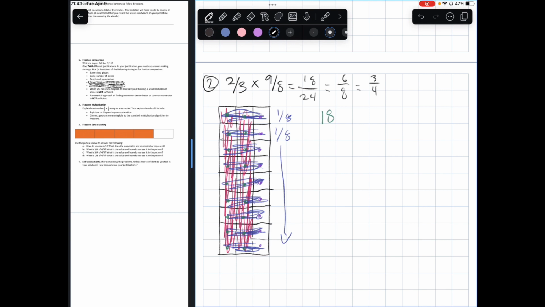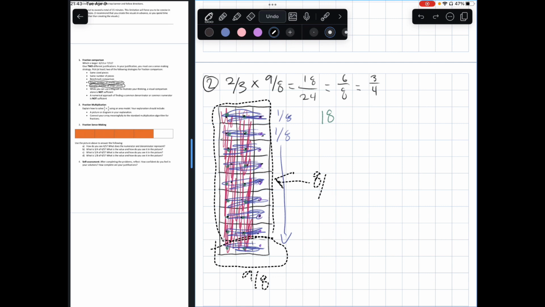is not 24. Hold on a second. 1, 2, 3, 4, 5, 6, 7, 8, 9, 10, 11, 12, 13, 14, 15, 16, 17, 18, 19, 20, 21, 22, 23, 24. Oh, that's right. Silly me. The whole is this. This is our extra 8. This is our 9/8 bit. And this is our 8/8 bit. So this is actually out of 24